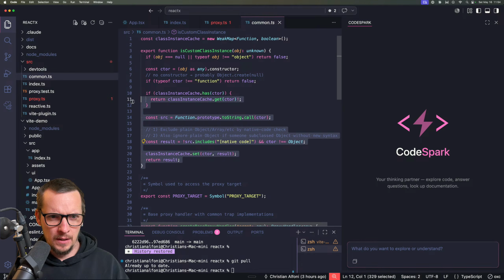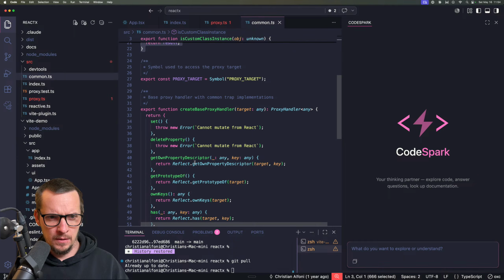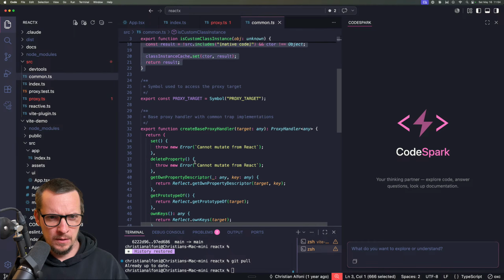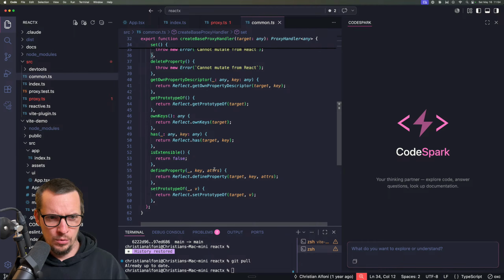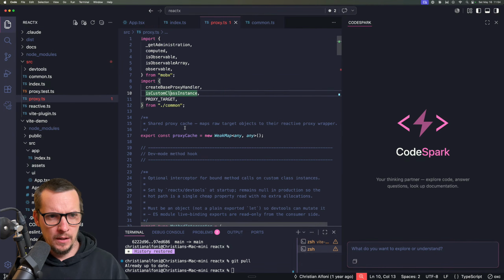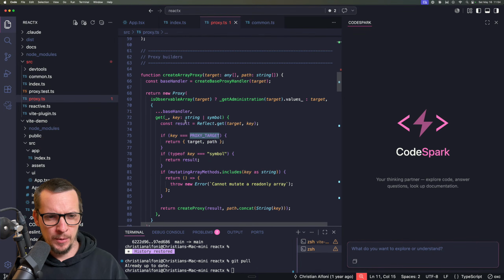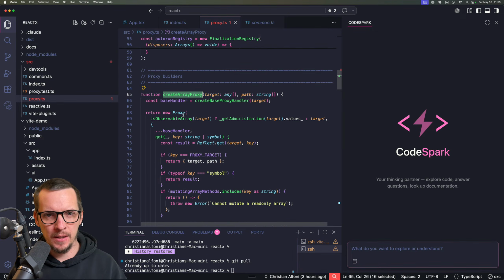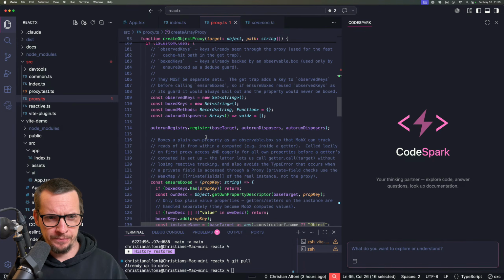Let's see. Let's grab this one. Maybe we can use this actually. Create proxy handler. Base proxy handler. Okay, let's see here. We're gonna keep some of this, but we're still gonna re-implement, because I can't remember why I did certain things, and then I used AI on it, and it just made a complete mess. So I really wanna